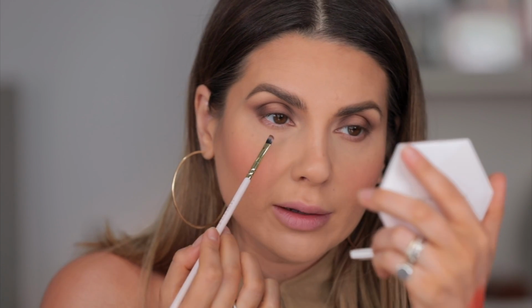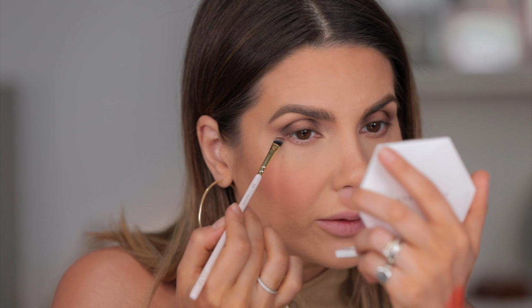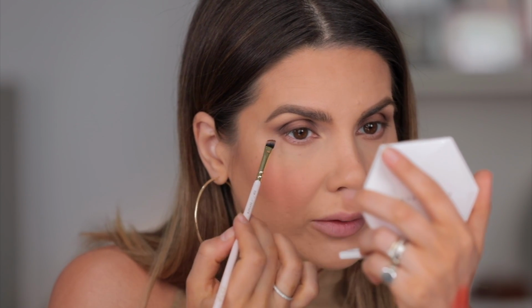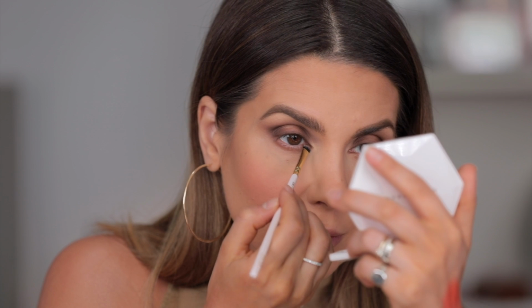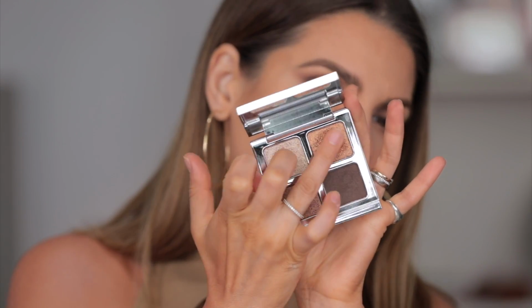Can you see I have a little shadow right here? That's a shadow I like to emphasize because that's going to make my eyes look bigger. Now I'm going to apply that same eyeshadow a little bit on the inner corner. And now I'm going to take this color right here with my fingers and slowly apply it right